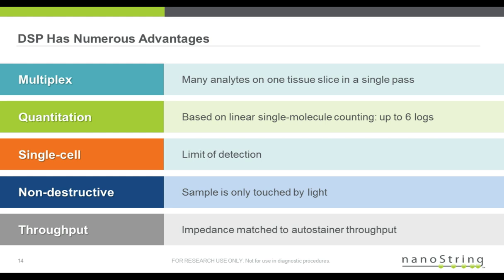But since we are actually single molecule counting the digital replicas from those areas, it's the ultimate quantitation. This is single molecule counting with up to 6 logs of dynamic range. So you don't have to say, well, it's kind of bright green plus plus plus. You literally say how intense that signal is. Well, that signal is 23,412 because I counted 23,412 oligonucleotide tags from that little region of the tissue slice.